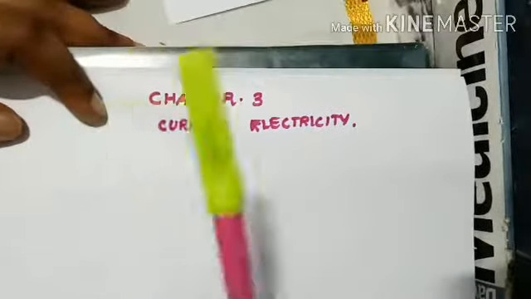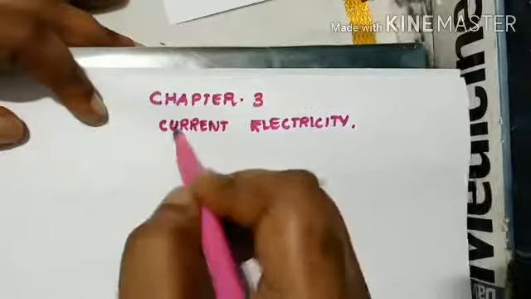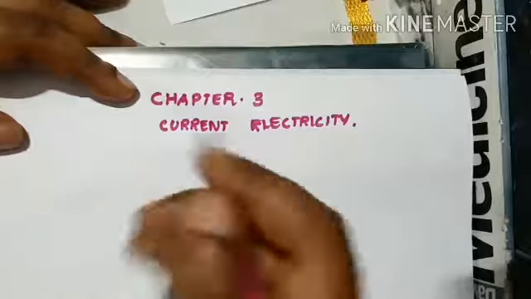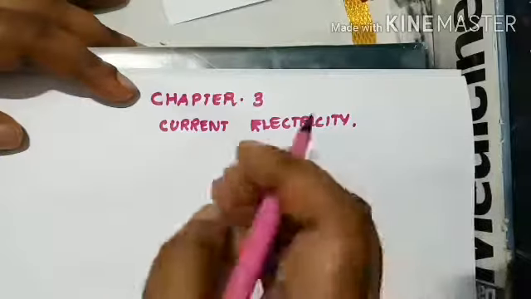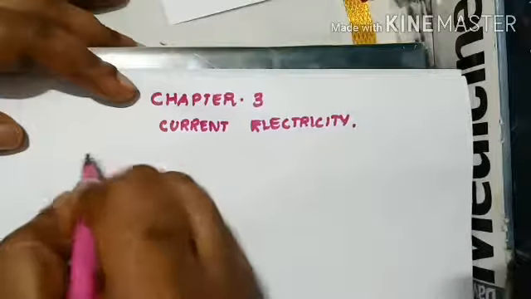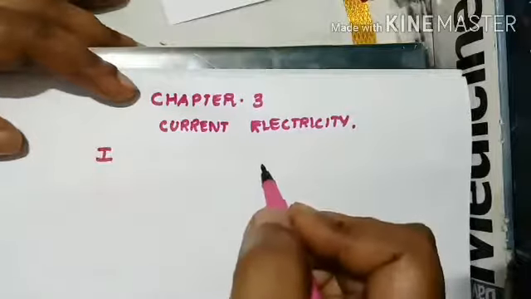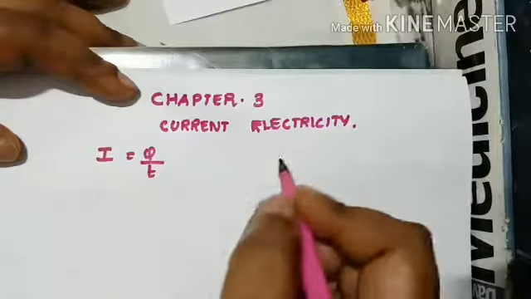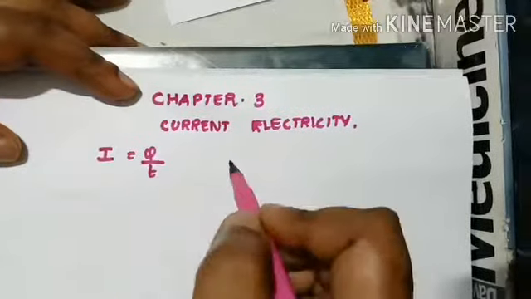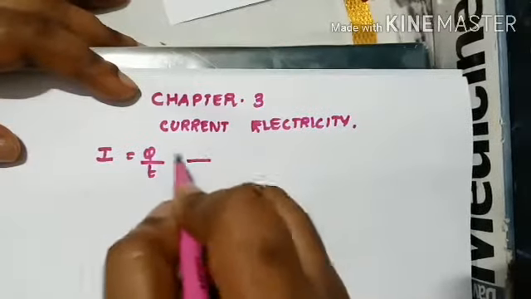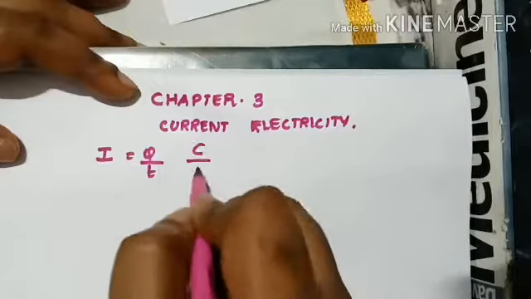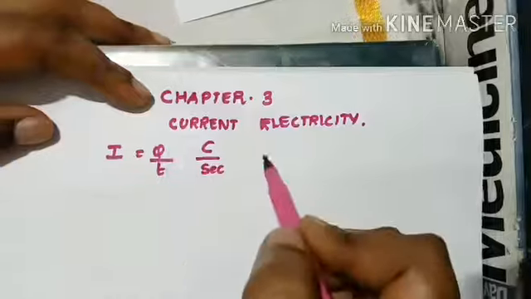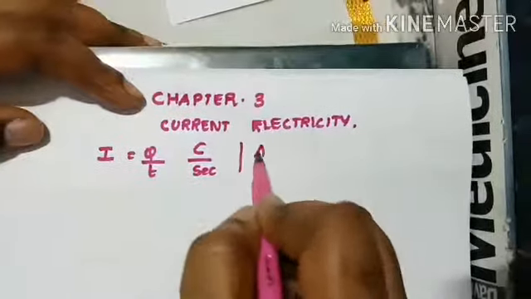So from the name itself, what do you mean by current? Current and electricity are related, I hope you know. And what is current? Current is the rate of flow of a charge or multiple charges. And you remember current is indicated by the letter I. So I is equal to Q by T, that is the expression for current, the amount of charge flowing per unit time. Now usually charge Q has the unit of Coulomb and T is in seconds. So current's basic unit you can say is Coulomb per second, or the main unit is ampere.